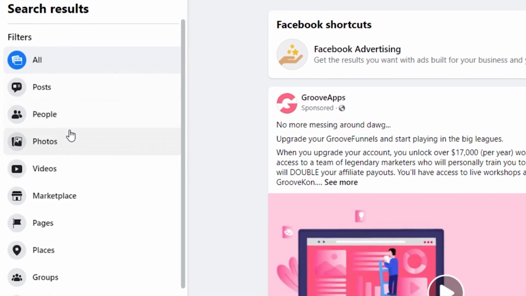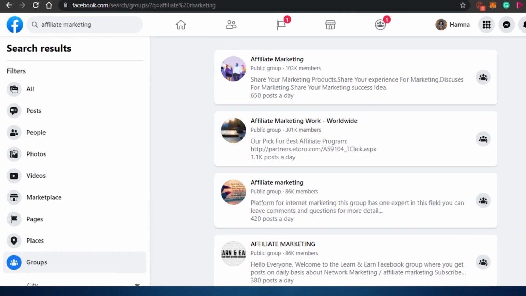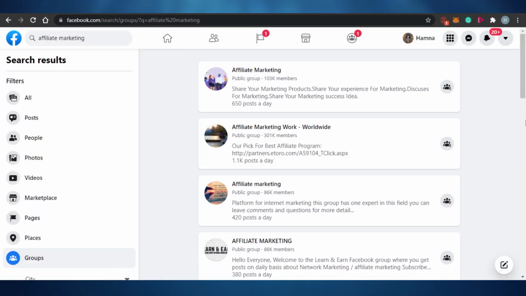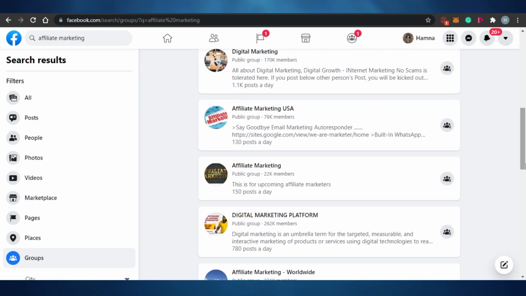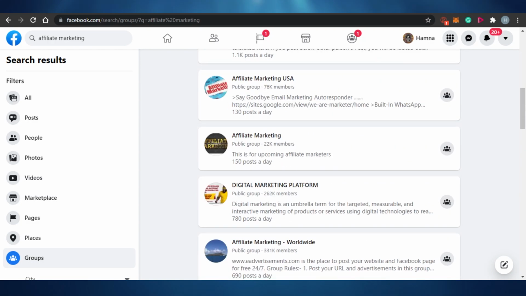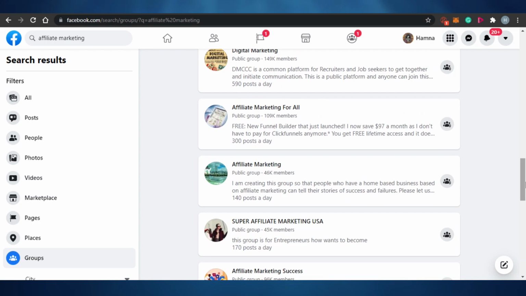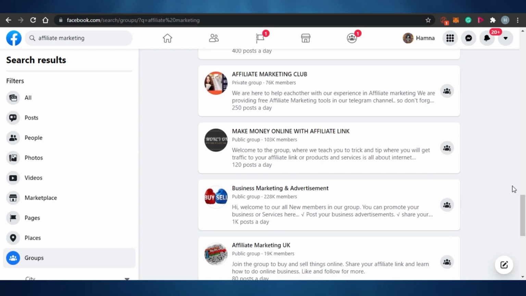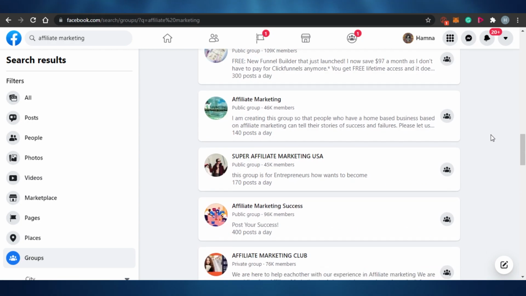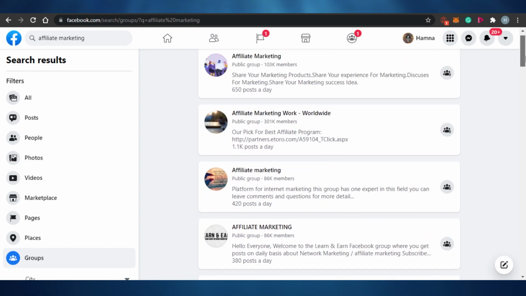There are many groups. For example, if I go to the option of affiliate marketing, I type affiliate marketing and search for different groups, you will see all of these groups, and there are many members in these groups. For example, look at this: 76k members, 22k, 262k members, 331k members. And these groups are made for affiliate marketing. There are people that know how affiliate marketing works, and you can promote your affiliate links right here on Facebook,